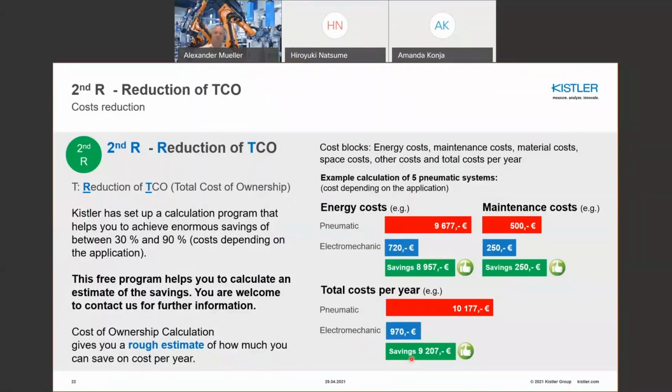And you do something good for the environment too. For sure, that's why it's important. It's only an example. If you have your real data about your application, you can provide it to us. We can put it in our program and calculate what the real savings are that we can offer